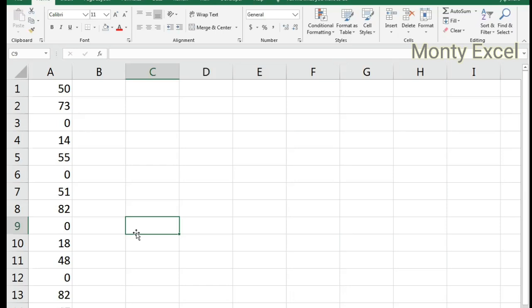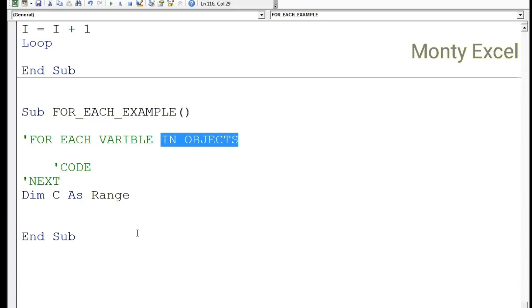Or you want to check, if you're in sales, you want to see any sales which are greater than 1,000, you want to highlight them. It could be any scenario, but if you understand the simple logic, you can do multiple activities here. So here what I want to do is